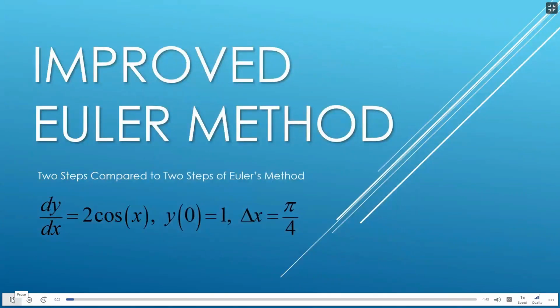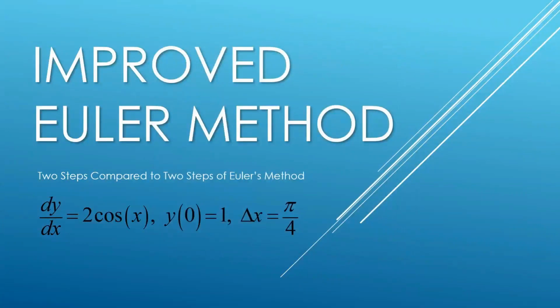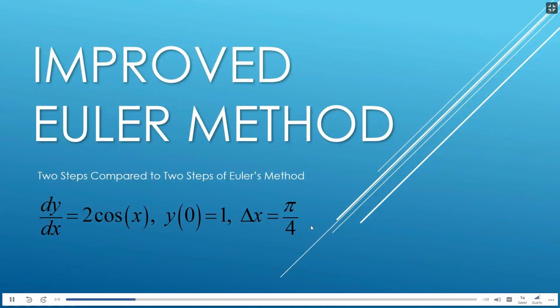Well, in this video I'm going to look at the improved Euler method. Two steps of it applied to this simple little differential equation of y prime equals 2 cosine of x, y at 0 is 1, step size is pi divided by 4. And what I want to do is visually look at